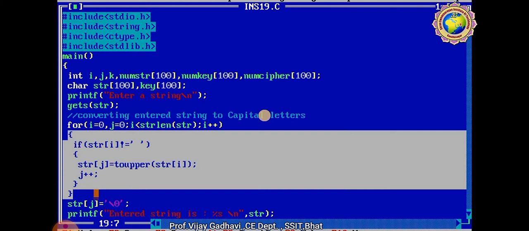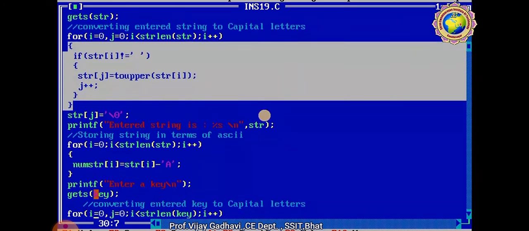Which condition? The string[i] is not equal to blank, meaning the value of string should not be blank. Okay. Then in the condition we are using a post increment operator. Same message here we use for encryption, and decryption is mostly performed by going to the row in a table corresponding to the key, finding the position of the ciphertext letter in this row.